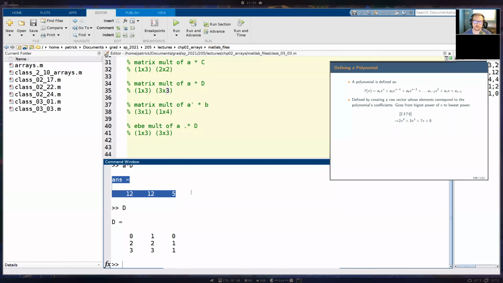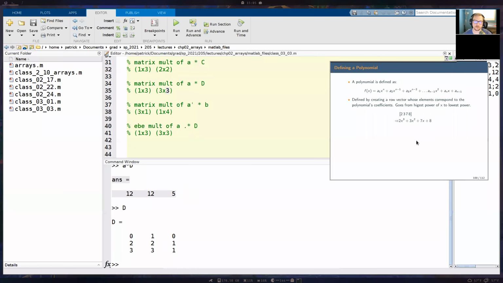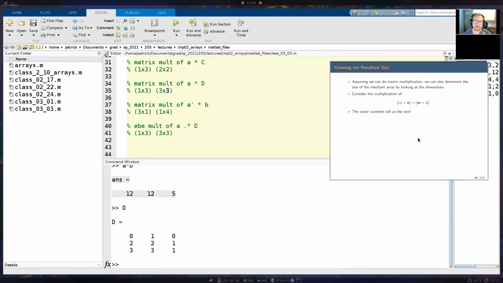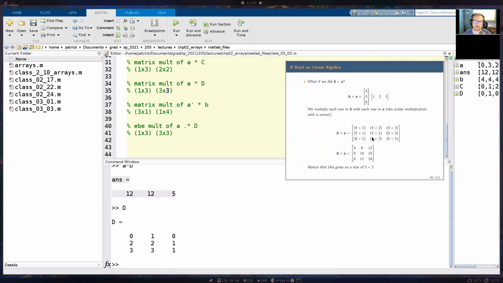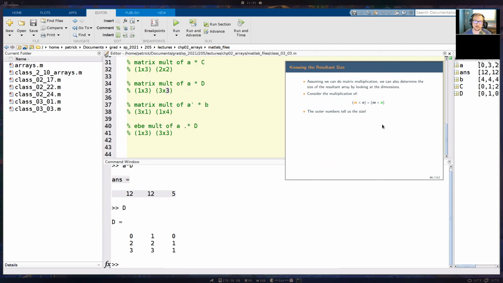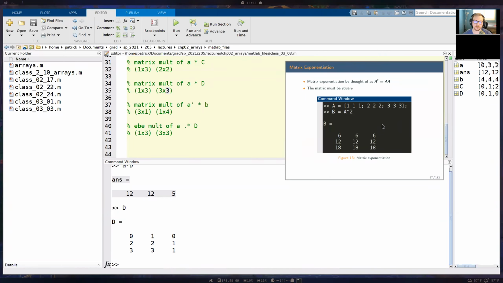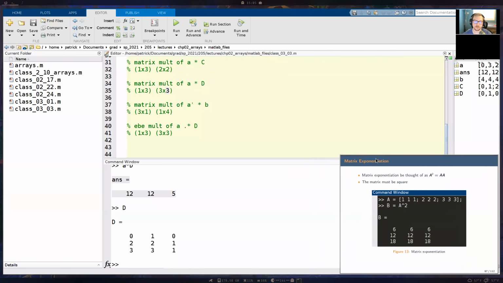So matrix multiplication is different than element by element multiplication. I think I showed you the actual math in one of my slides. Yeah, here. So I showed you the output, or this is element by element multiplication. I think in one of my slides I showed you the math for matrix multiplication. So you might want to look at that again, or if you have questions too, I can show you. I can write it out sometime. Okay, yeah, for sure. Thank you.